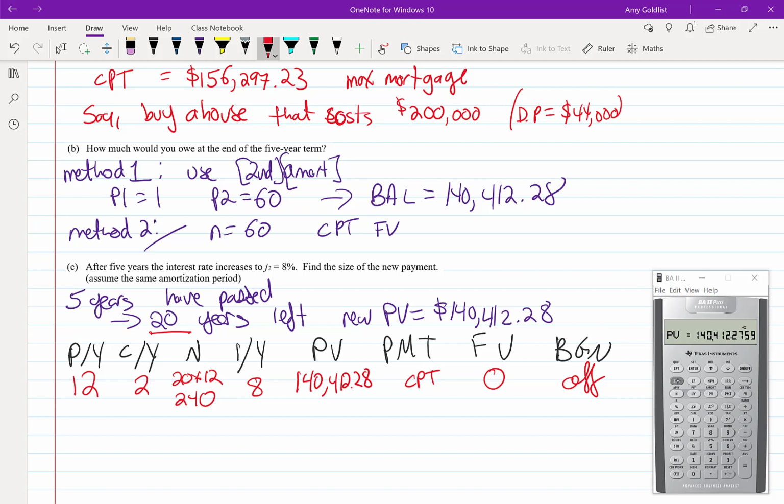So let's look at this. Our P/Y and C/Y are the same as they should be, but now we only have 240 months left, and our interest rate is 8. Our future value is the same. Let's make sure that future value is 0. So let's compute our new payment. Our new payment is going to be